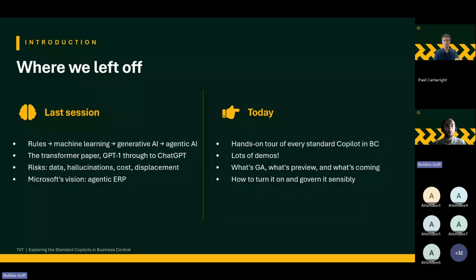A very brief recap of our session last month for those who couldn't make it. It was an intro to AI. So we discussed what existed before AI in Business Central with rules-based automation. We spoke about the evolution through machine learning to generative AI and then agentic AI. We had a brief recap of generative AI, the transformer paper, GPTs, all those kinds of things. Spoke about the risks from data and hallucinations all the way to the existential risks like job displacements, etc. And then we spoke about Microsoft's vision for agentic ERP, which leads us on to today,